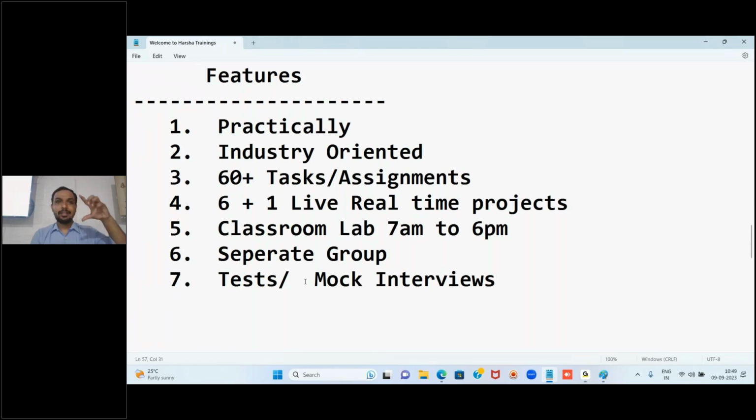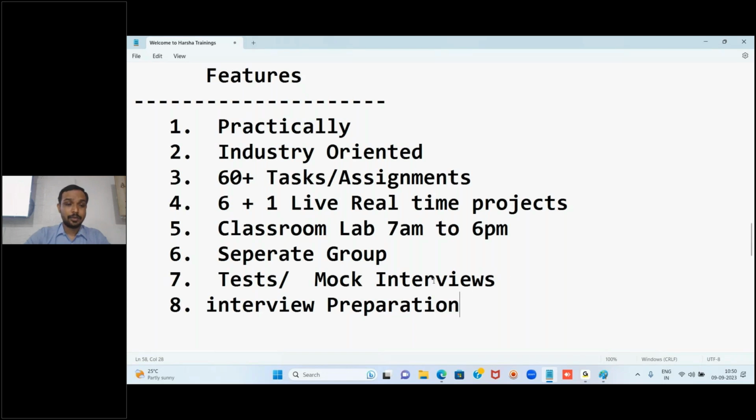If you find any gap, what is to be done? If there is a gap, then there are incremental sessions, like one mock interview, and after a few days one more. In that gap, you can improve yourself. So for that reason, I will be conducting this. Next is interview preparation, which will be there here for you guys.